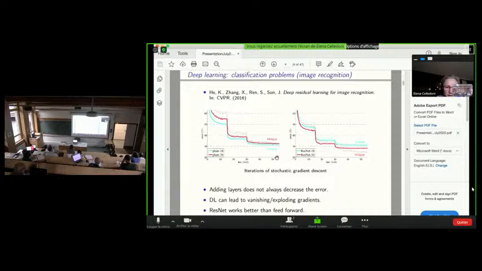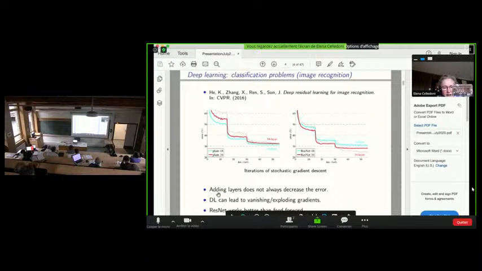And mind you, 34 layers means that we have many more parameters to learn, so that the optimization is more difficult, but also the network is much more powerful. So we would expect to obtain a better error with 34 layers than with 18 layers, but it's not so straightforward as one could imagine.